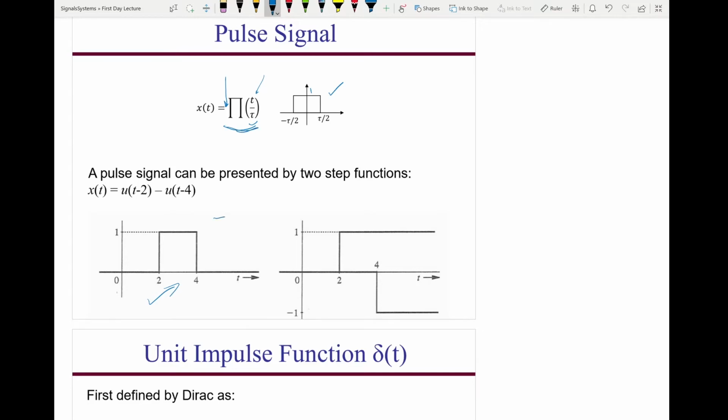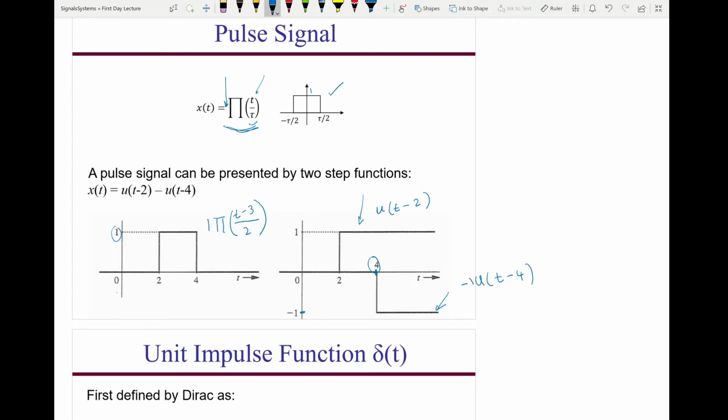So this is a pulse of height 1, width 2, and it's centered around 3, so that's t minus 3. I also can express this pulse in terms of u of t. So this pulse, if I add this unit step function, which is u of t shifted 2 units to the right, or delayed, so that's u of t minus 2. And this pulse is u of t shifted 4 units to the right,